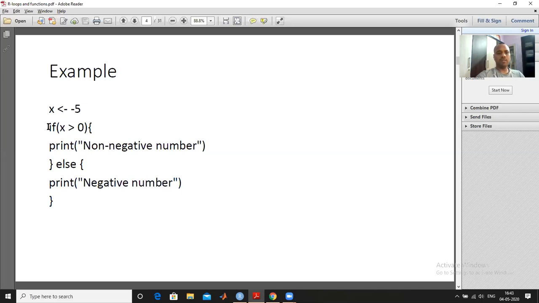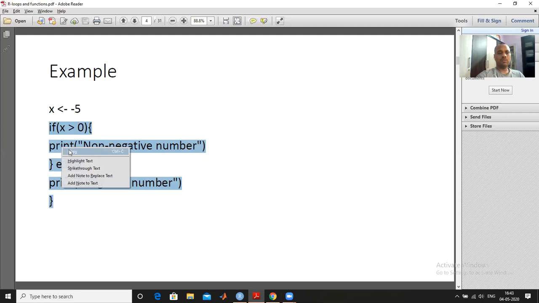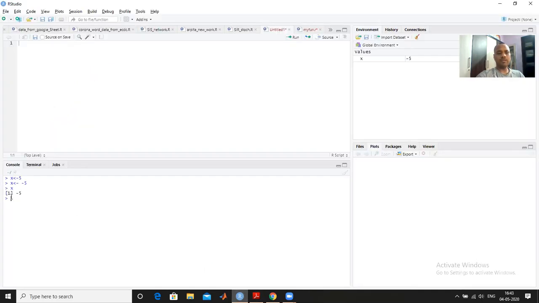So I copy this program, and I can paste it here in the console, as well as I can put it here. It doesn't matter. Suppose I paste it here, and you can check.